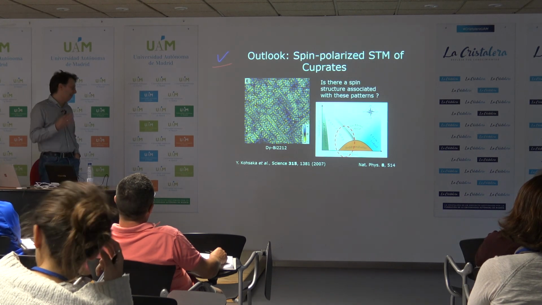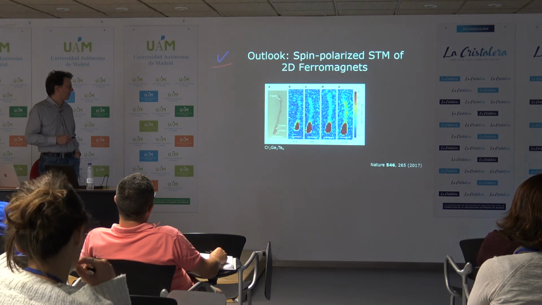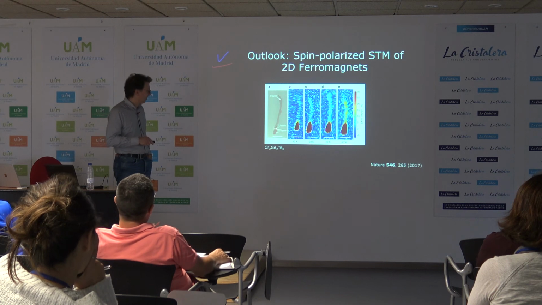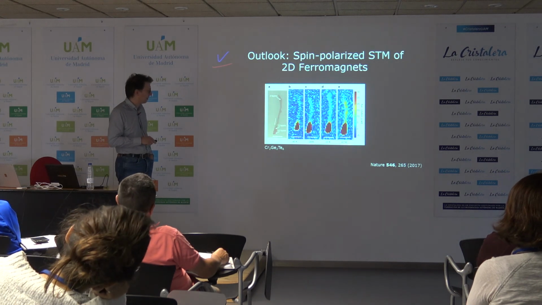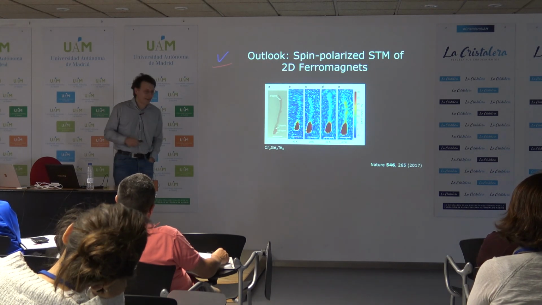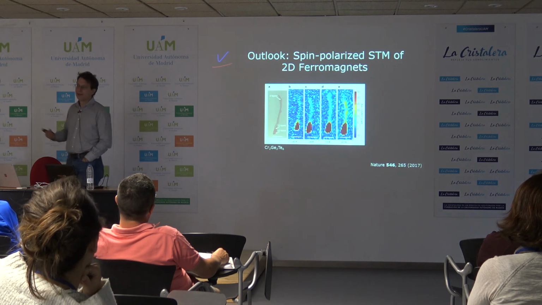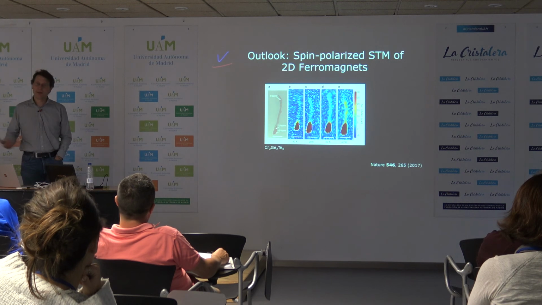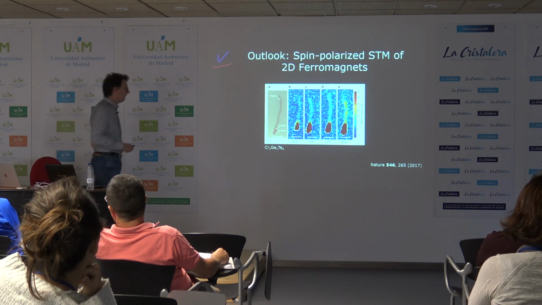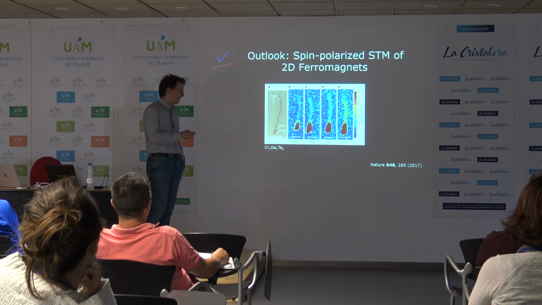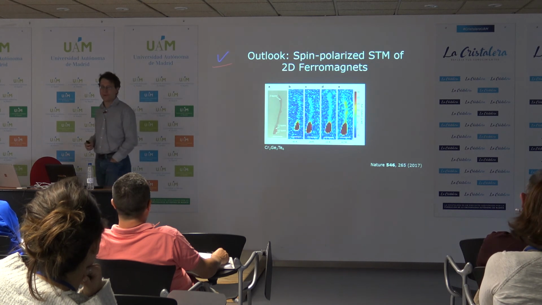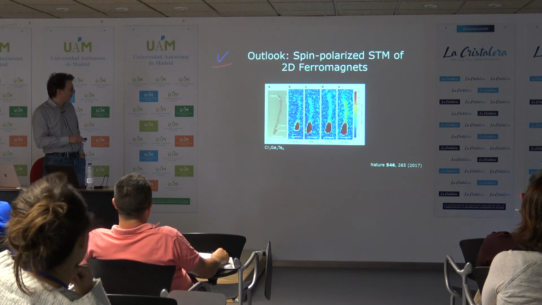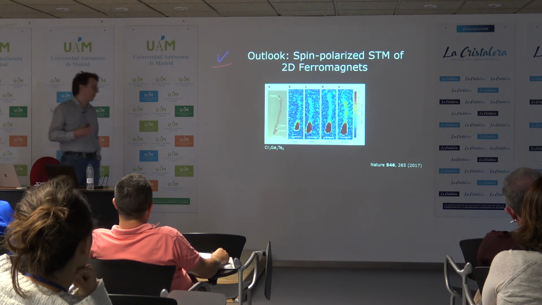But I think the other application of spin-polarized STM, which is becoming increasingly important, is studying these two-dimensional ferromagnetic materials, where, if you like, neutron scattering you can't really use, because if you only have a single layer, that's not enough material. And with optical methods, you can say whether overall the material is magnetic, but you can't actually image the magnetic order. Whereas with spin-polarized STM, in principle, you can image the magnetic structure